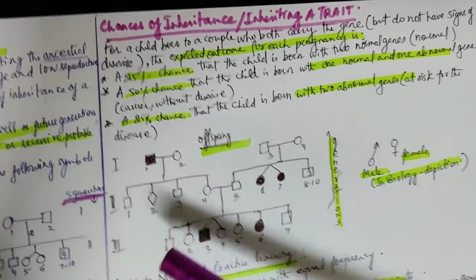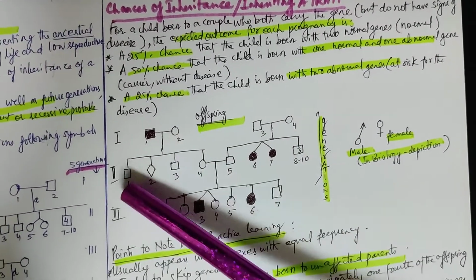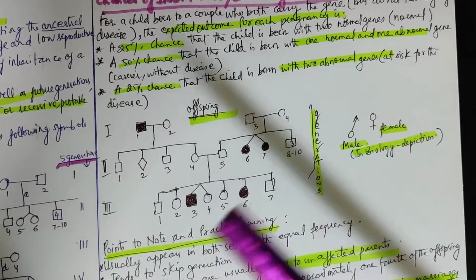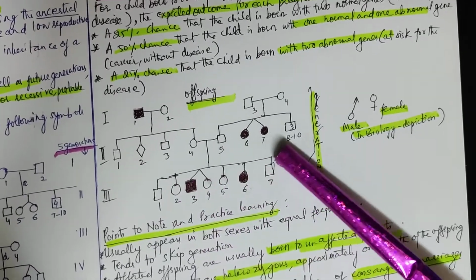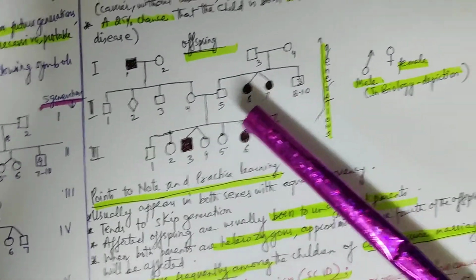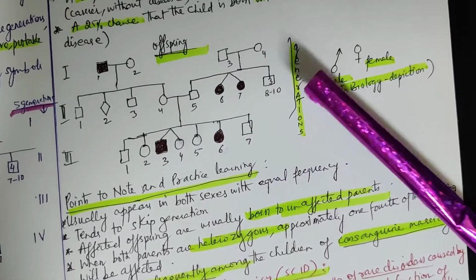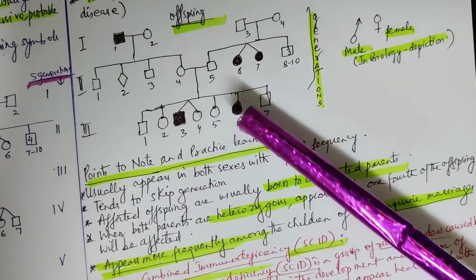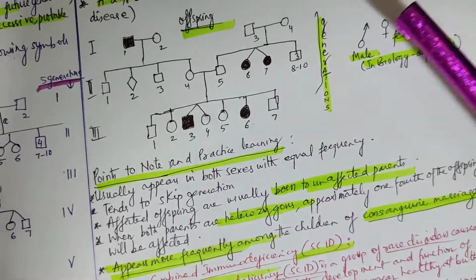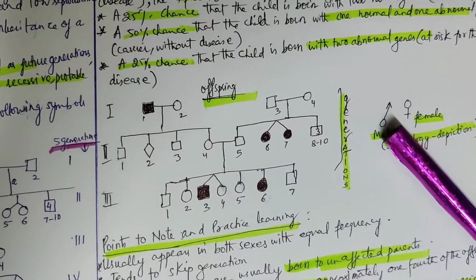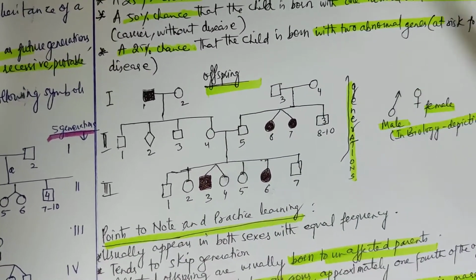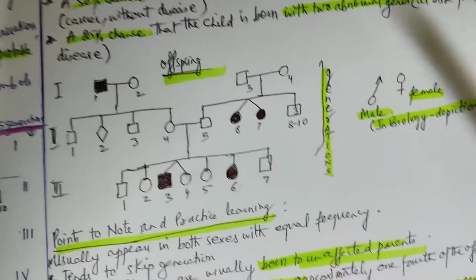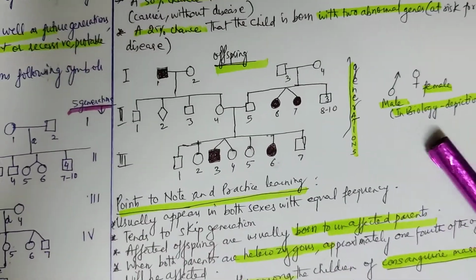Now we come to the chart here. This is the first generation, second generation, third generation. In the first generation, the male is carrying the affected gene. Offspring is this. Then in the next generation, there are twins. And then in the third generation, there is also one male and one female, son and daughter. In biology, the arrow-like structure depicts male and the round circle with a plus sign denotes female. In biology, the depiction of the figure is like this.